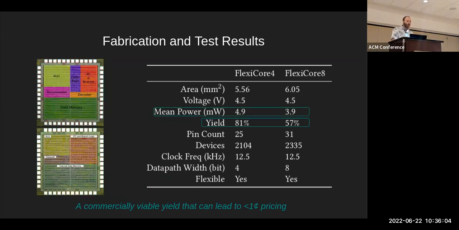Next, notice the high power consumption. These power numbers are similar to what we'd expect from a design with hundreds of thousands or millions of gates in a legacy process node using standard silicon electronics. The larger FlexiCore 8 actually draws lower power than the 4 due to a cell redesign which took place between fabrication of FlexiCore 4 and FlexiCore 8. In the 8-bit version, the resistivity of the pull-up networks was increased, leading to a decrease in static power consumption. But even with this process improvement, the power consumption is still very high. Thus, the energy consumed by flexible applications running on FlexiCores may be a concern.